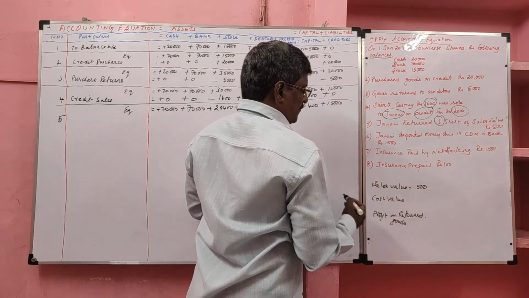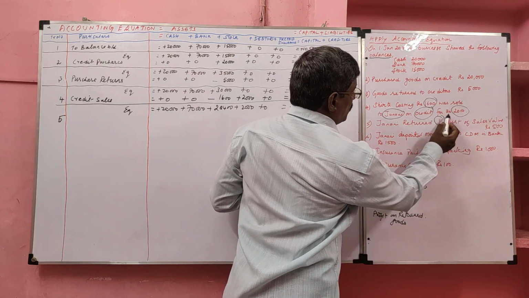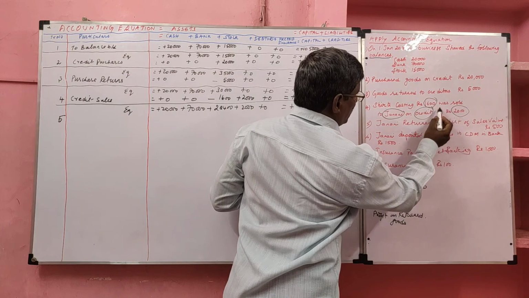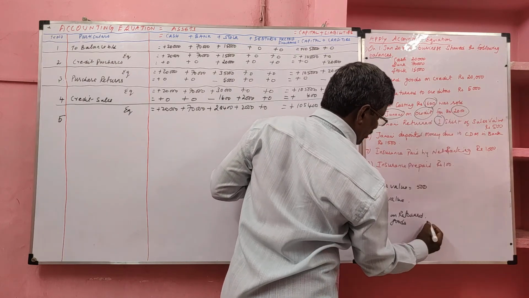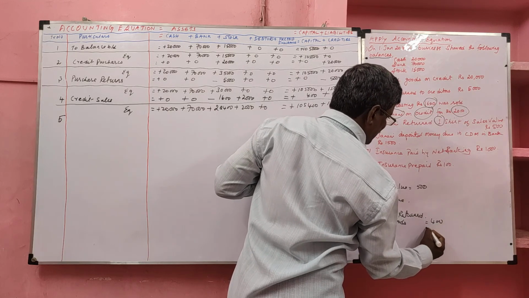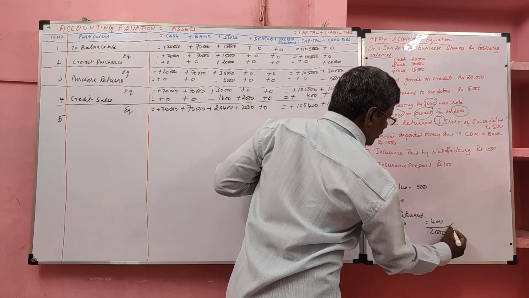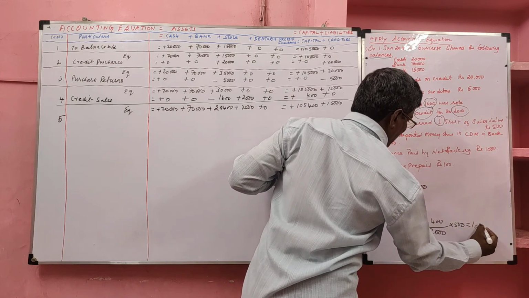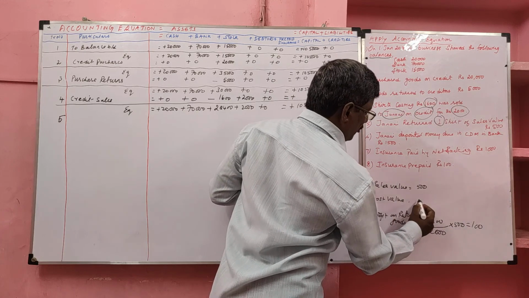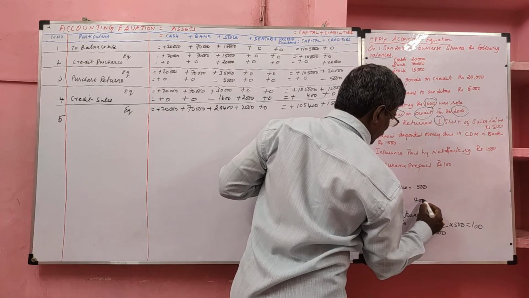First we have to find profit on returned goods. We sold to Janani for 2000. The cost price, how much? 1600. So total profit we earned how much? 400 rupees on sales of 2000 worth of goods. Now she returned 500 worth of goods. So we earned profit how much? 100 rupees. So the cost value how much? Sale value minus profit equals cost value, 400.